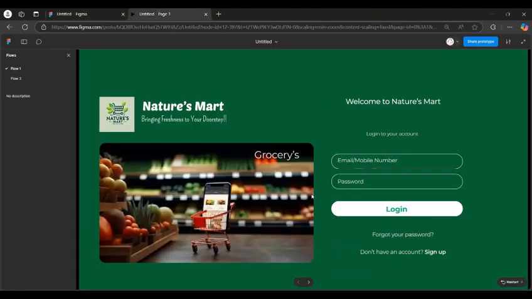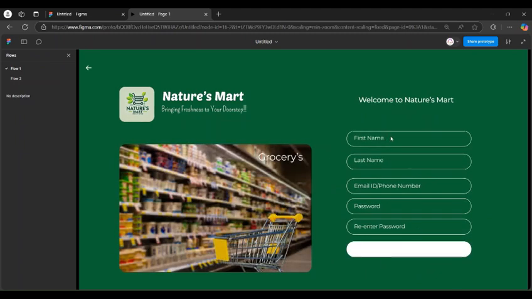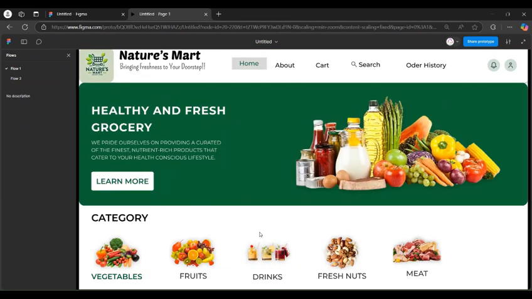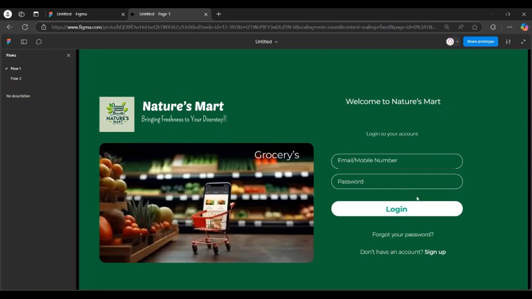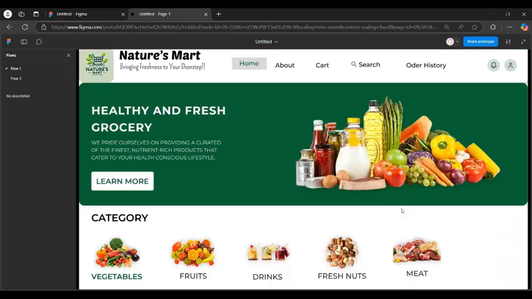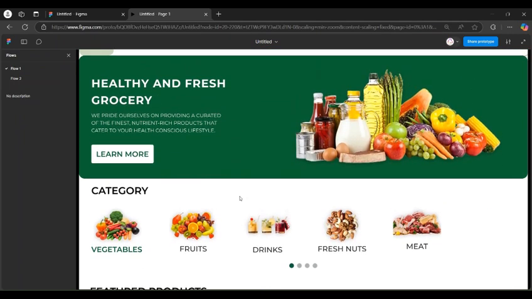Here is the landing page for the user, where he will enter his email and password. Or if you have no account in this Mart, then he will click sign up and enter his first name, last name, and whatever else is asked. And then he will be redirected to the store. Coming to the other way, he will log in with his credentials and then enter the store